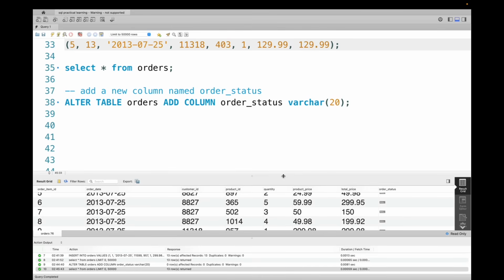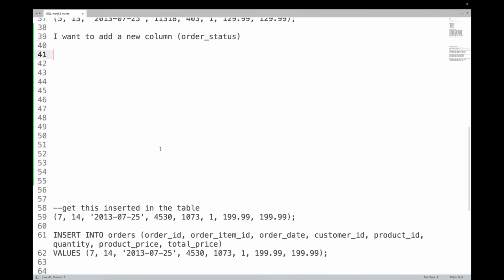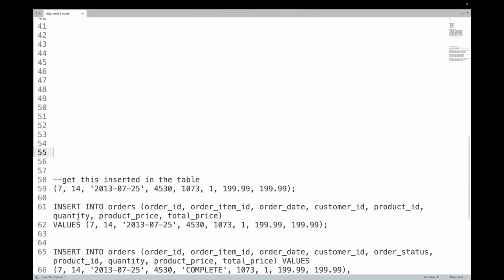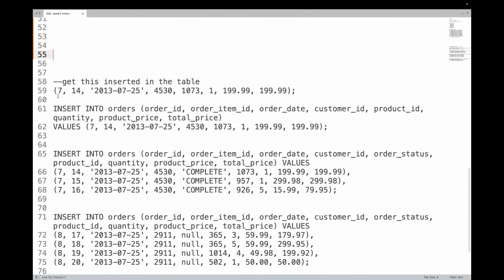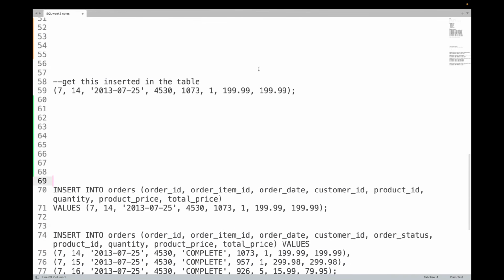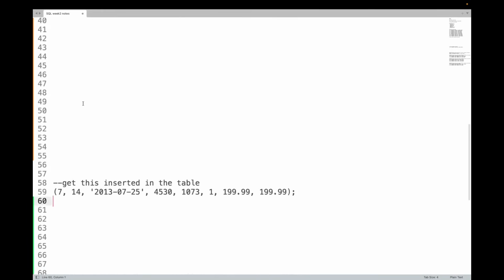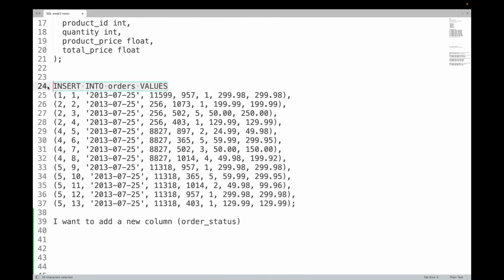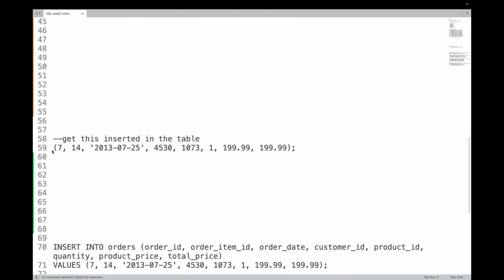Now what I want to do is, let's say in this table, I want to get this record inserted. This one, whatever you see here, right? This record I want to get inserted. How do I get it inserted? How was I inserting earlier? Like this, right? To insert this, I give insert into orders values, and I'm giving this,